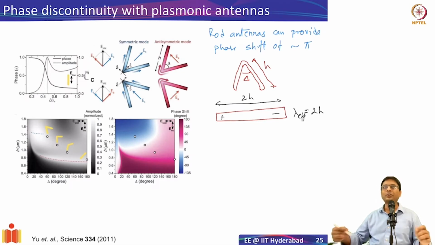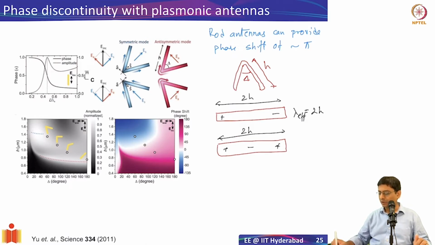But in addition, you can also have a higher order mode. So you can have a situation where you have the rod like this, and then plus, minus, plus. And this will again be 2h. If I have a higher order mode like this, this mode will be excited roughly when lambda effective equals h, because it's half of it, right? And you'll also notice the way the fields are. In this case, the electric field will be positive here, and here it is this and this. So there are two opposing fields.